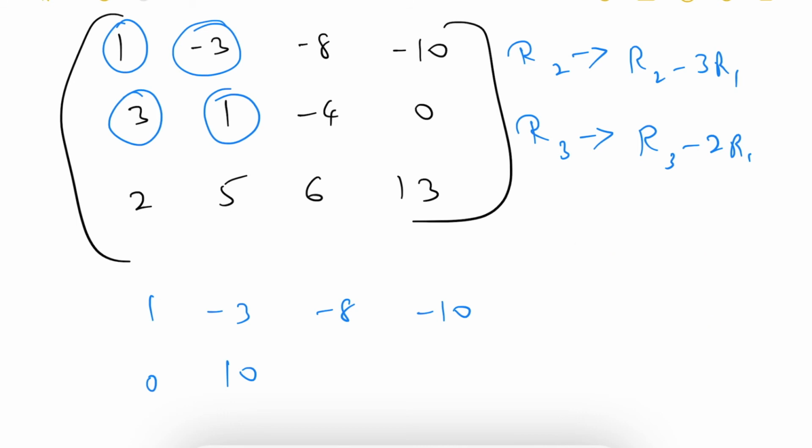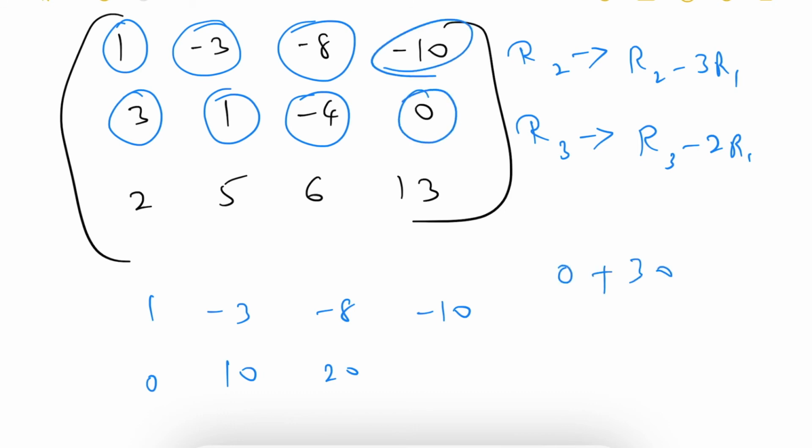R2 minus 3R1, right? So R2 we have minus 4 minus minus 8 into 3, it will become minus 24, so it will become plus 24 then. So minus 4 plus 24, it will become 20. Next the same way last element, if we take 0 as it is, minus into minus plus 3 tens are 30, 0 into 0 plus 30, it will become 30 as usual.